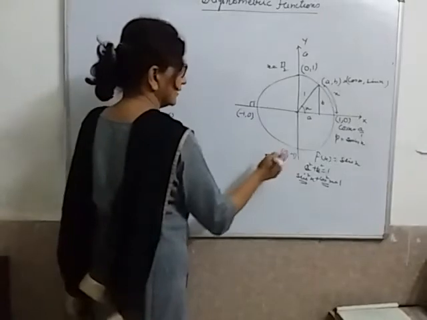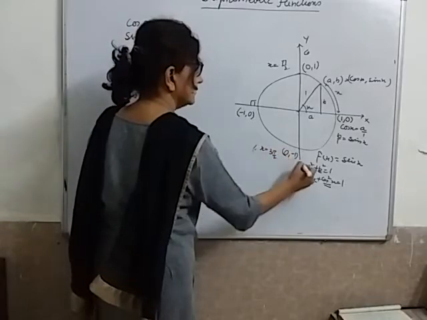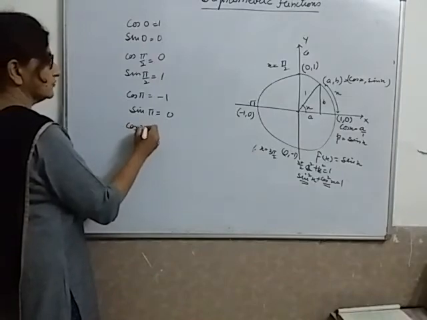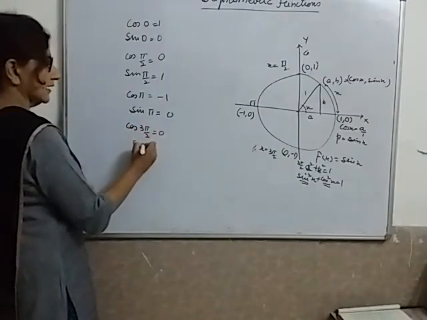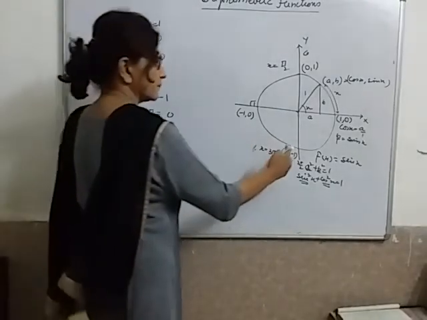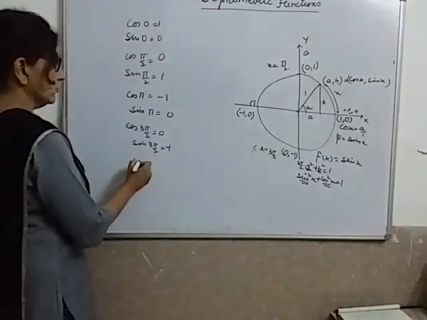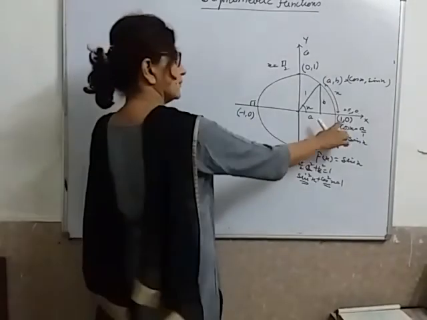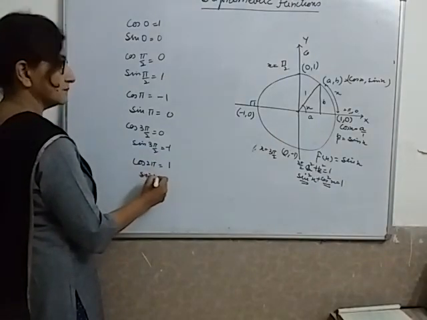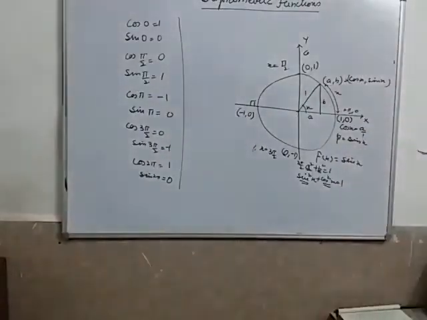Okay, again come still over here. It is 270 degrees, that is my x becomes 3 pi by 2 over here. So here cos 3 pi by 2 is once again 0 and sin 3 pi by 2 is minus 1. Right? I hope you are with me. Now coming to this again, 2 pi, we know 0 and 2 pi always have the same values. So again we reached the same point. Cos 2 pi is 1 and sin 2 pi is 0. Right? I hope you got this much of what I am trying to explain to you.